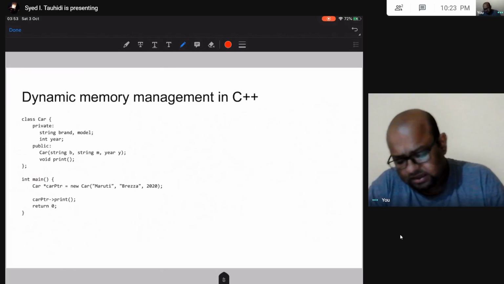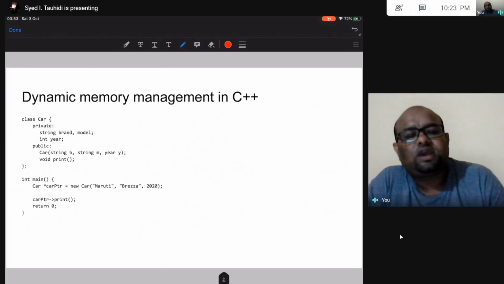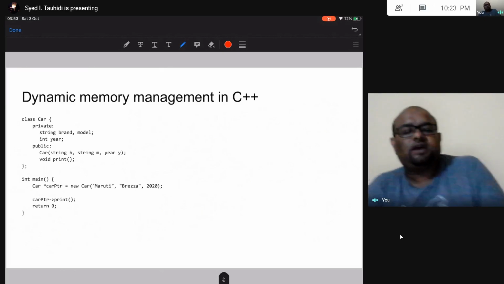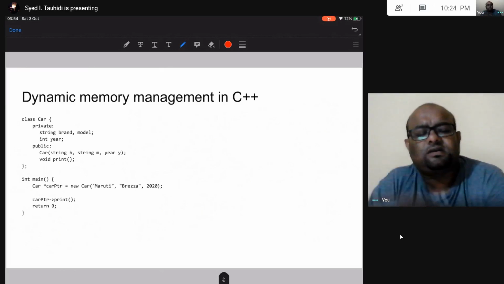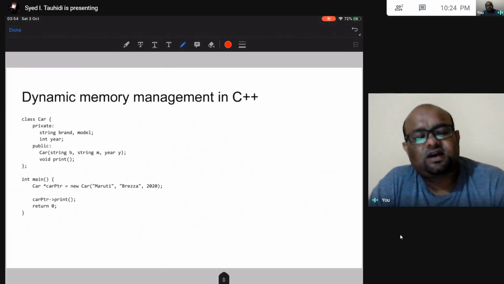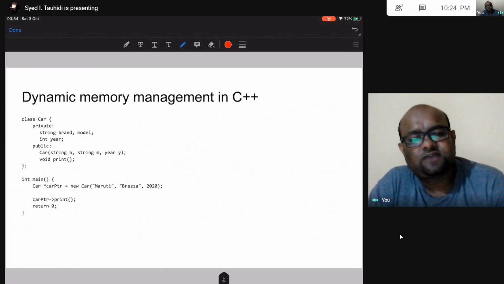And finally, in memory management, let us look at how to allocate memory for an object in heap. Correct? So we have allocated integer, float, all this thing, array of integer in heap. But then in C++, objects are some of the most important thing. The reason we are studying C++, in fact, is to store objects.